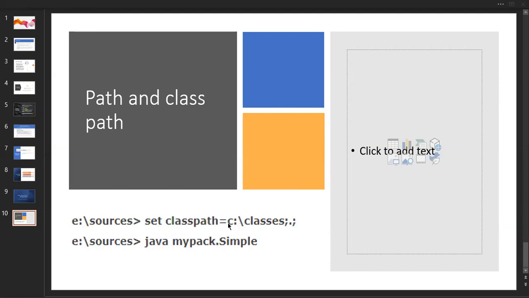Again, I'm telling you. Inside an F directory, which we took as an example, we created a package. We saved a class file first, and after compiling it, it created a folder over there. At this stage, what we are going to do is not save over there, but go to some other location by using the class path. So this is all about the path and the class path. We'll get some examples on that also.